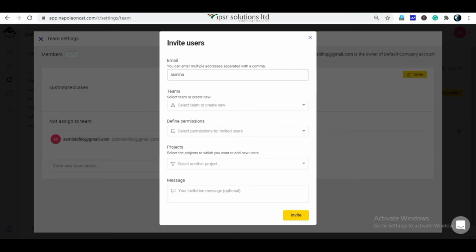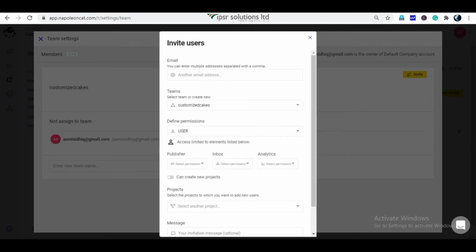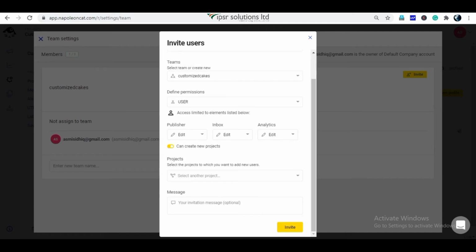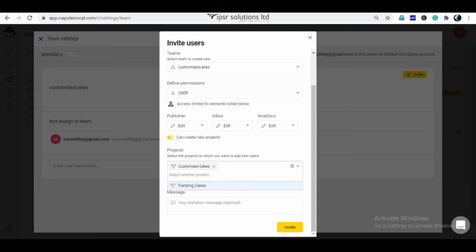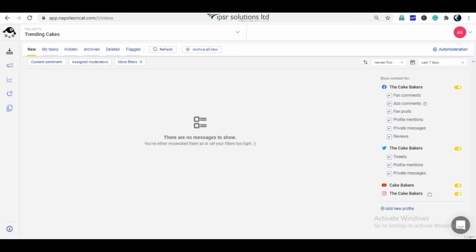We can add the user's email ID, select the team name, define permissions and access to elements listed. Then click on the invite button. So we invited the user.